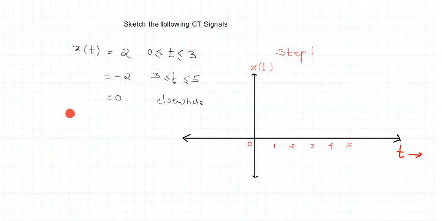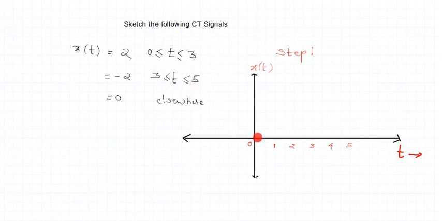Right? I hope everybody is noting down and will sketch the signal along with me. So what is the very first step? What do I need to do in step number 1? In step number 1, I have to look into my signal and decide over what time period the signal exists and over what time period the signal is absent. If I look at the first two conditions given in the question, the signal exists from 0 to 3 and again exists from 3 to 5 and everywhere else it is 0. It means that I can say the signal exists over the time period from 0 to 5.